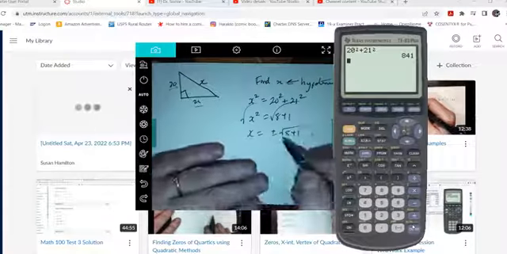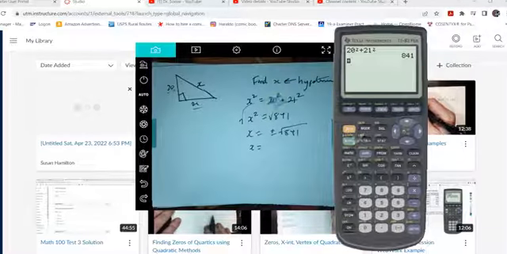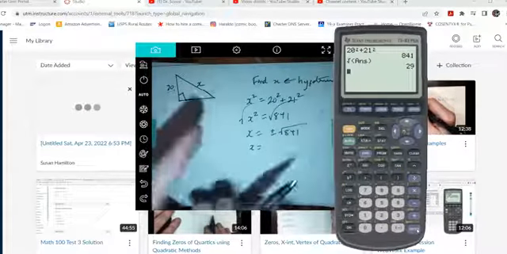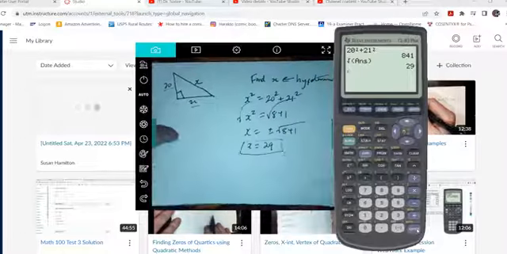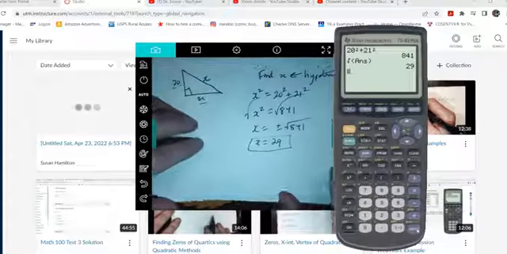So we can take the positive one and just the positive one. So I'm going to ask it for the square root of my latest answer, which is 841, and I get 29. And so the hypotenuse is 29. Okay. Now, if we were asked for the area